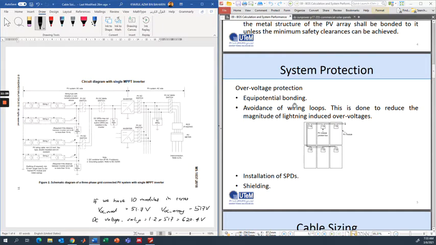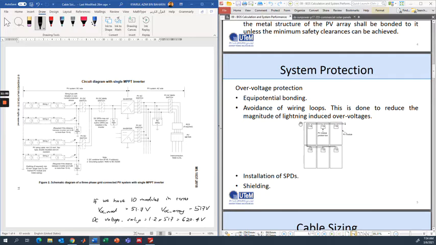Equipotential is short for equal potential. When the potential is the same throughout the system, there's no voltage difference. When there's no voltage difference, current cannot flow. Right? So that's the concept of equipotential. And then again, we need to avoid wiring loops. I covered this in our last lecture.